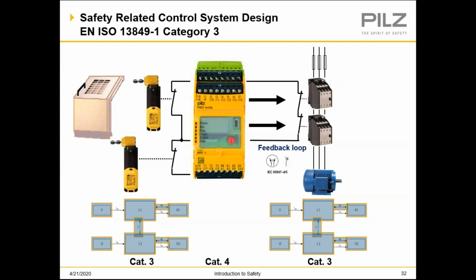Safety-related control design, Cat 3, this is the electrical version of it. So I've got 2 mechanical switches interlocked on the input side. This is a Pilz safety controller. This one happens to be a mini multi. So I can do redundancy in this. I can do testing. I can do feedback. So we've got a feedback loop. We're monitoring 2 contactors operating a single motor. So if one of these welds shut and won't open, the other one should open. But this is monitoring all this through a feedback loop.